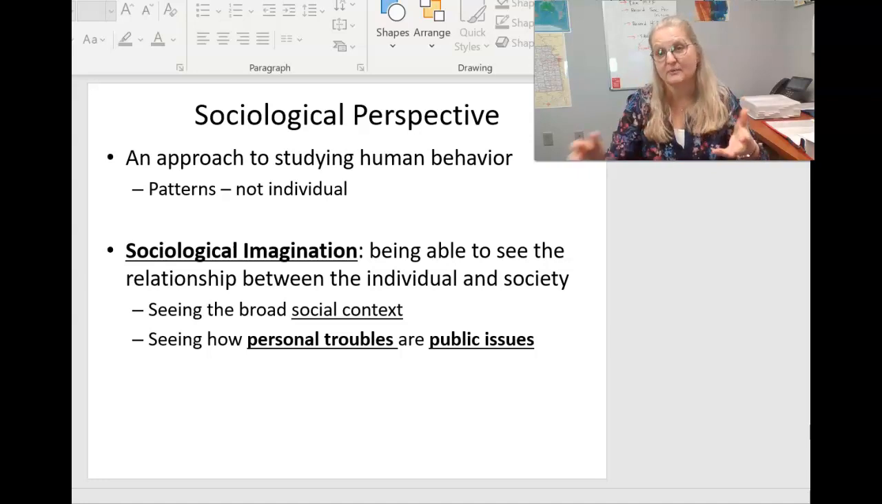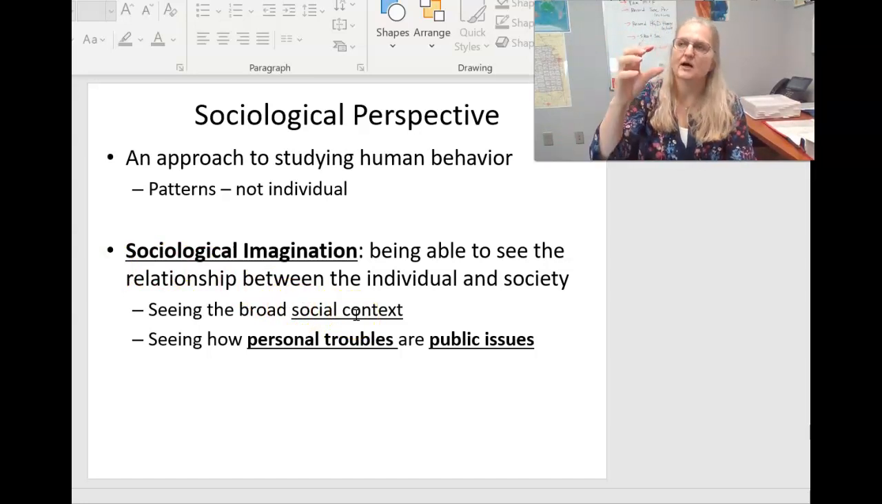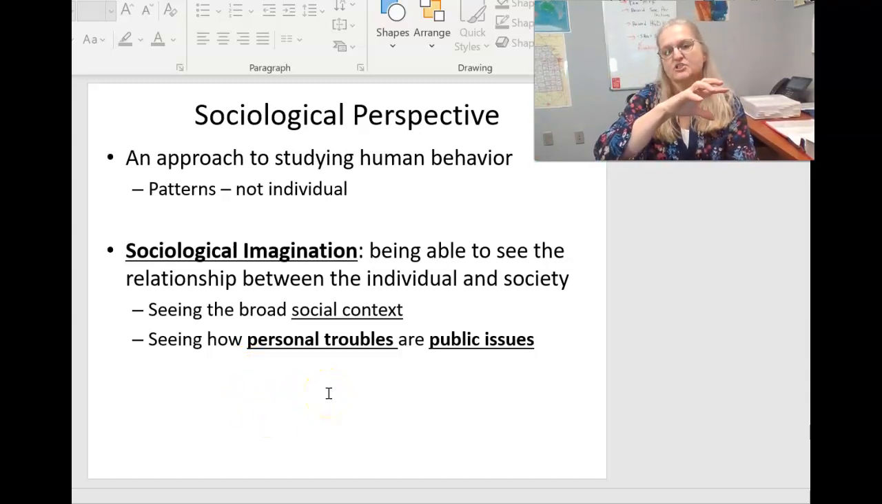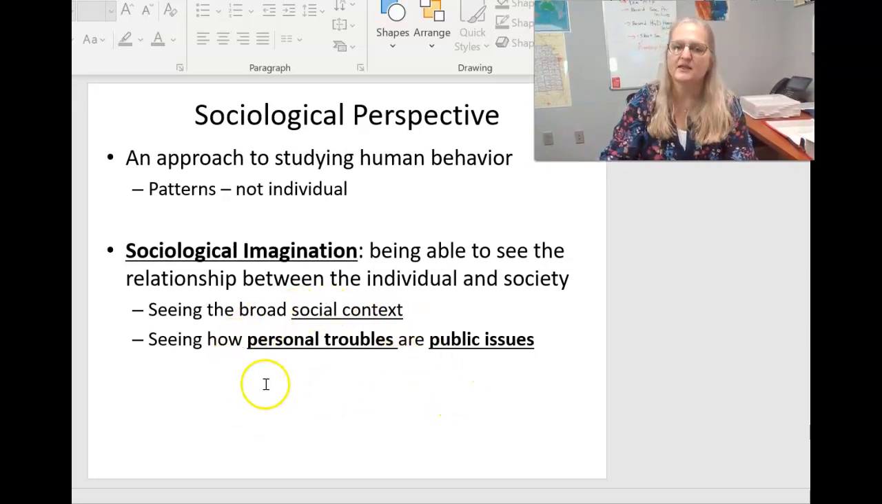The sociological imagination says that's not really true, that what you can be is determined by your social context, right? The things that we experience in our personal life, the relationship between our personal troubles and public issues, the things that we deal with on a day-to-day basis,